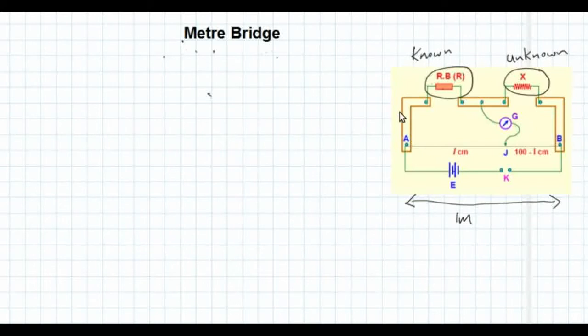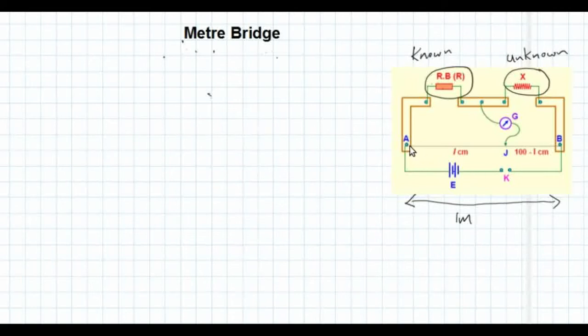So this is the arrangement of Wheatstone's bridge. There are two L-shaped copper strips. This is a copper strip which is fixed over a wooden board, and this is an I-shaped copper strip. And between these strips there is a gap. This is called the left gap and this is the right gap. In this left gap we are connecting this resistance box. In this right gap we are connecting this unknown resistance.